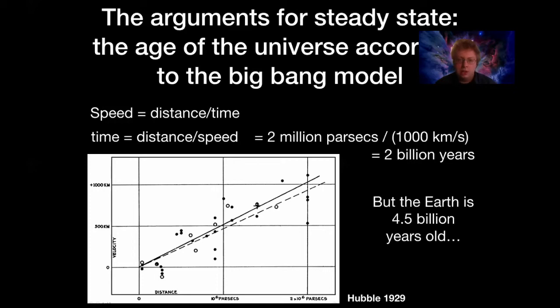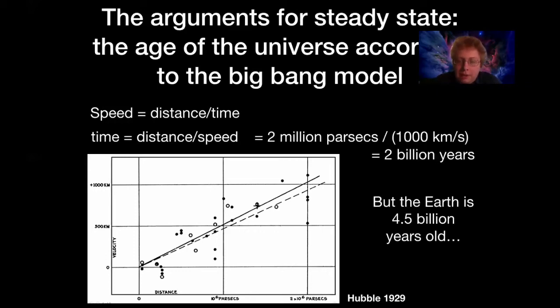So let's do that. If you plug in the numbers, you find out that these galaxies potentially only need to have been traveling for about 2 billion years to reach the distance that they're at, at the speed that they're traveling. Presumably, this is when the Big Bang happened, because when those galaxies and the Earth were on top of each other, that's when everything would have been very, very dense. And that's when we would have started the countdown.